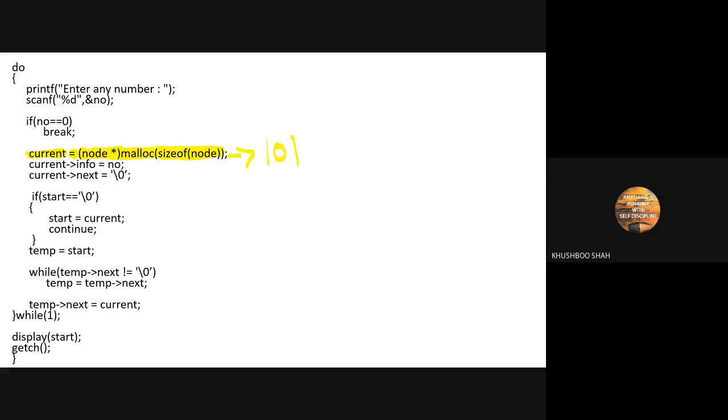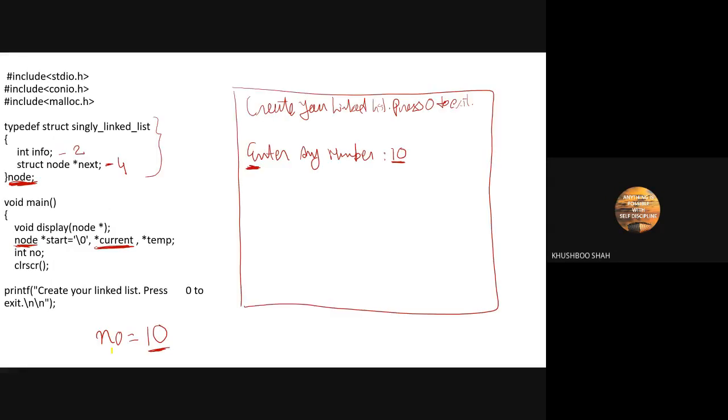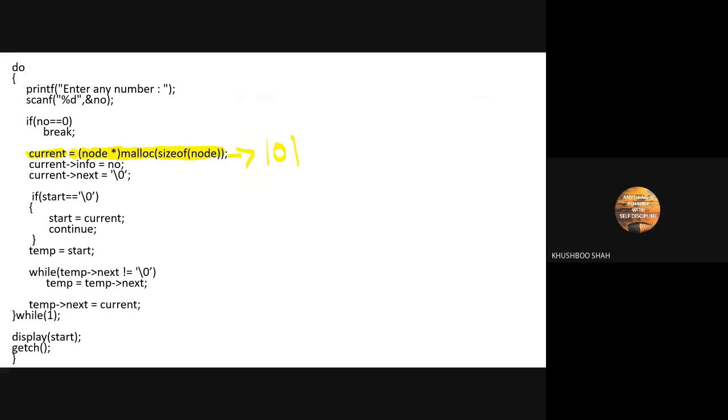Yes, ma'am. Okay. I need to write the variable name somewhere. Let me write it over here. So I have the variable current.